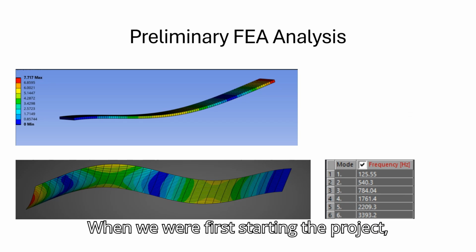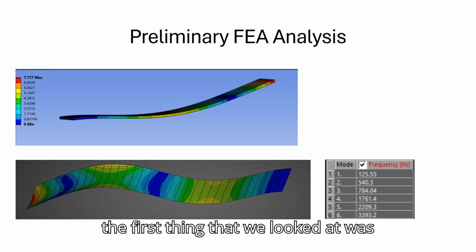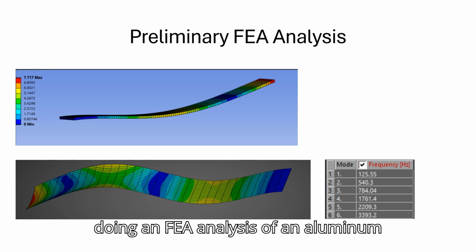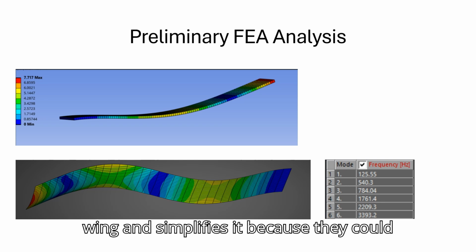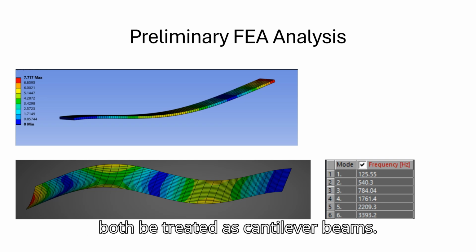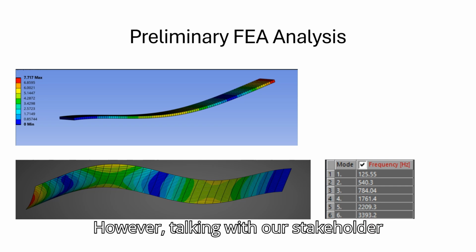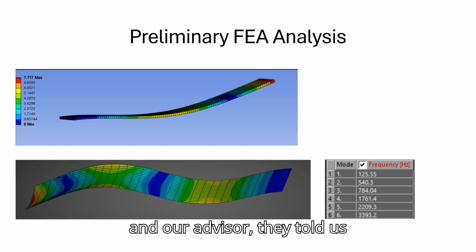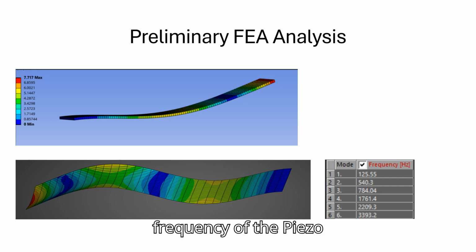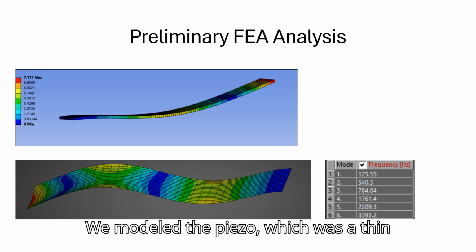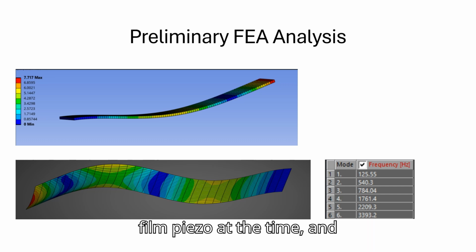When we were first starting the project, the first thing that we looked at was doing an FEA analysis of an aluminum ruler, which takes the wing and simplifies it because they could both be treated as cantilever beams. However, talking with our stakeholder and our advisor, they told us it'd be better to find the resonance frequency of the piezo itself instead. And so we modeled the piezo, which was a thin film piezo at the time, and